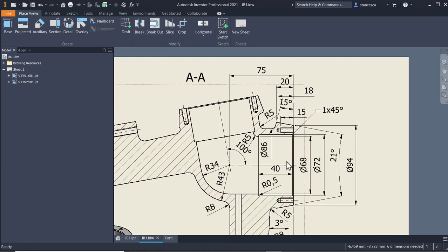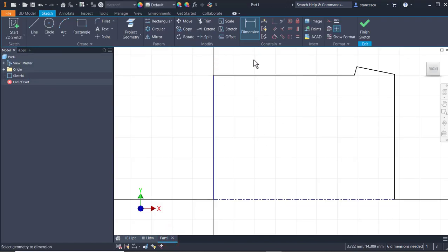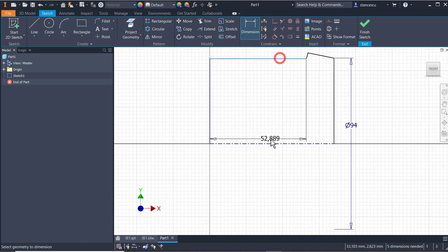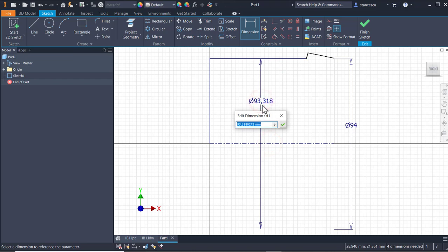I create this contour revolving this area with dimensions from here. Yes, 21 degrees is the cone, 94 this dimension, 15 degrees, 20 millimeters, and 75. Let's create dimensions. So 94 is this. Then 86, this,